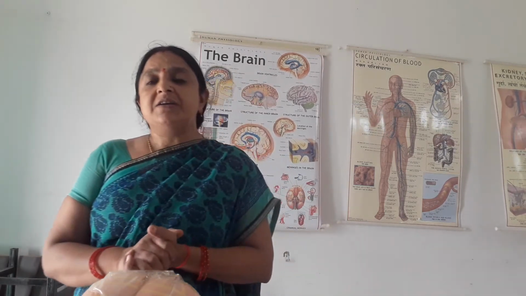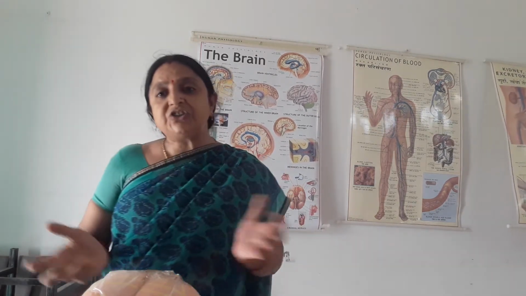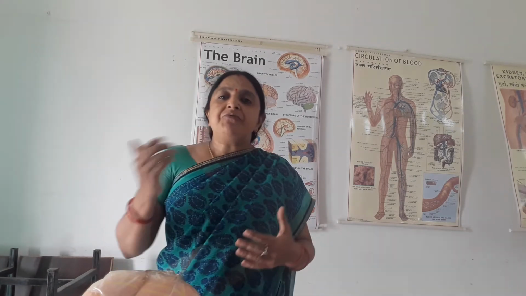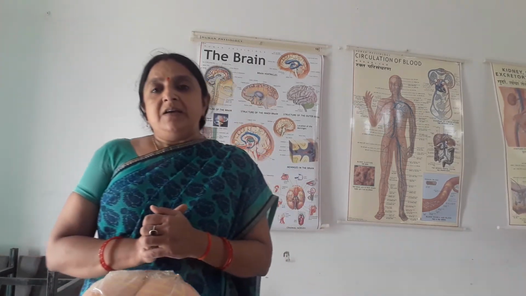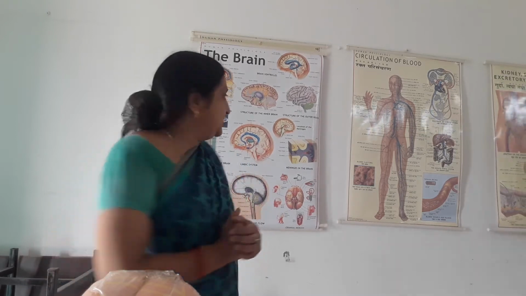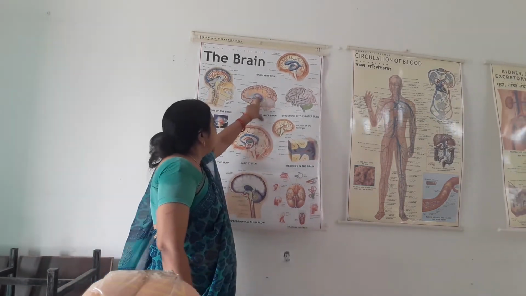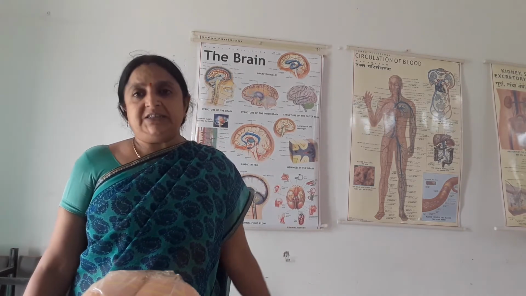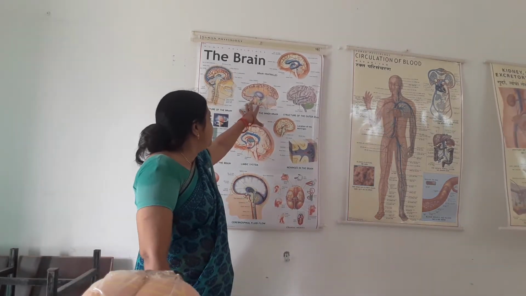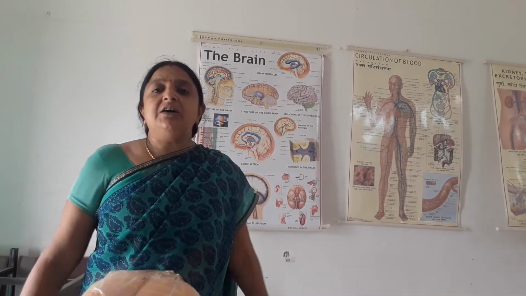In this way, the cerebrum is a very important part of the brain, associated with mostly all the functioning of the brain. Now after the cerebrum, the next is the midbrain. Thalamus and hypothalamus are present. See, this is the thalamic region, and this is associated with controlling the body temperature. A very important function of the hypothalamus is regulating the body temperature.